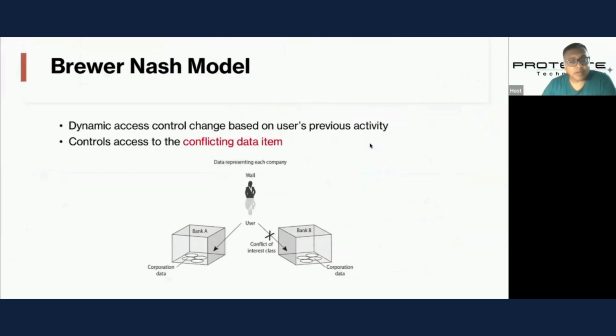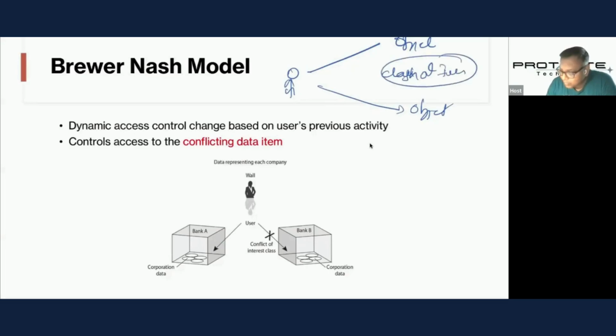Then the next model is called the Brewer-Nash model. Brewer-Nash model says that if a subject is trying to access object 1 and object 2, and there is some clash of interest, there is some conflict which arises by this particular subject trying to access object 1 and object 2, you have to control this conflict. And you do not give access of that particular data object. Just to give you a simple example,